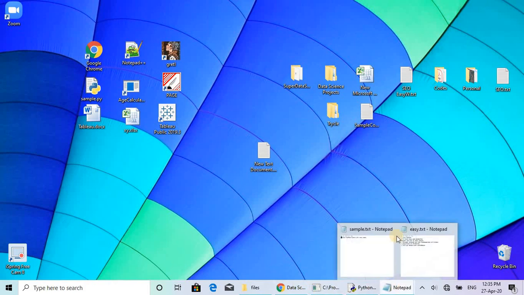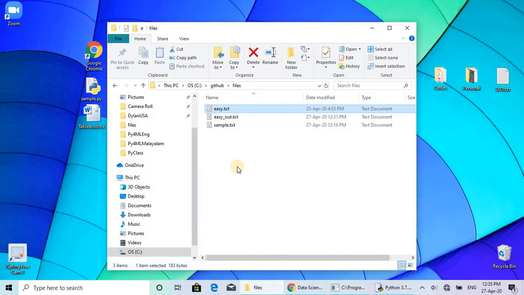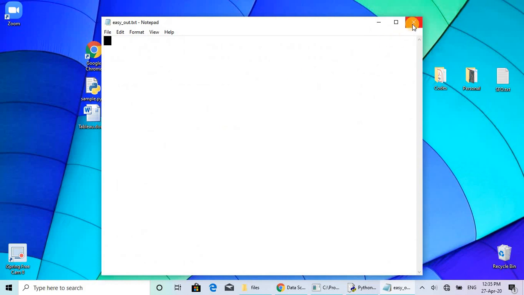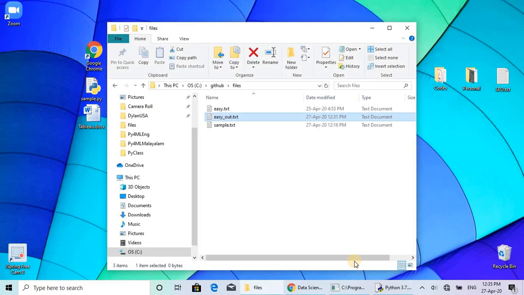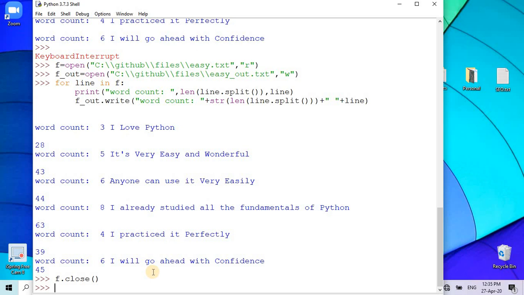We can open it, we can close these all now and open the new file. You can see ec_out new file is created, and you can see nothing is written here because we not yet closed the file. I already told you closing is very important. We should close after our work. I am closing both the files now. f.close, f_out.close. Okay,